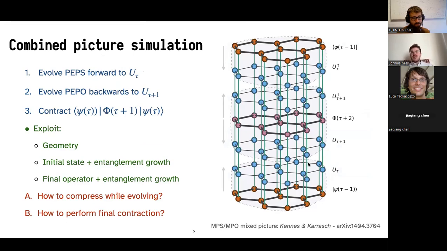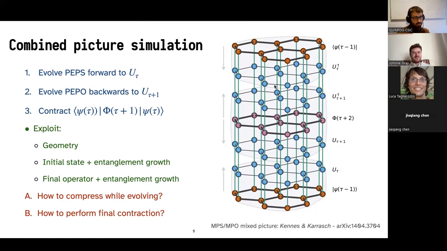But the idea is essentially this: we form our big tensor network describing the evolution. So in the beginning, we'd have some PEPO representing the operator we want to measure, and importantly, this could be like a high weight Pauli. It could have support on many different qubits. We have our initial state written as a PEPS, which for many cases would just be the zero state. And then we have some kind of PEPO representation of the evolution. And you can get this simply by splitting your gates spatially or from some trotterization